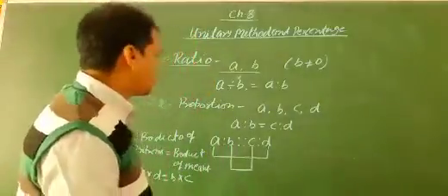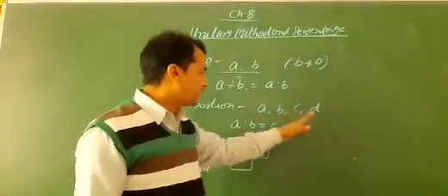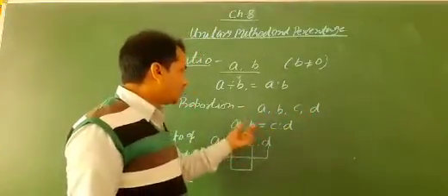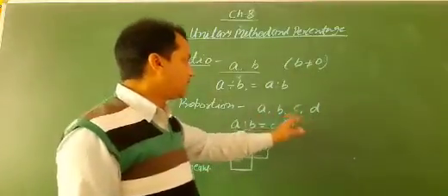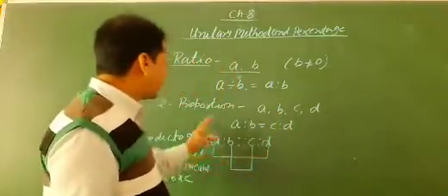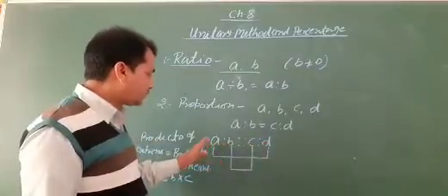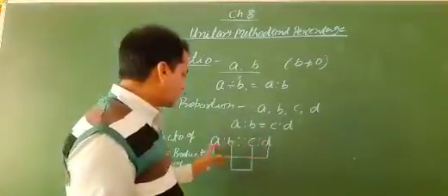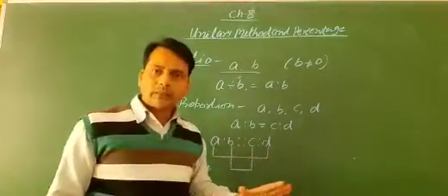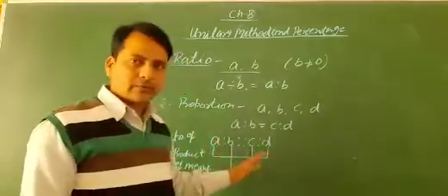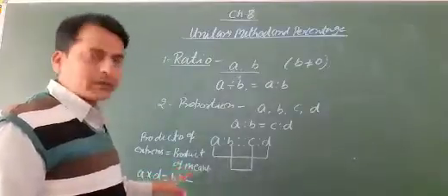So according to the proportion, take four numbers, suppose a, b, c and d. The ratio between a and b, that is a is to b, equals the ratio between c and d, that is c is to d. So we can write in terms of proportion a is to b as c is to d, and the first and fourth position numbers are called the extreme positions, and the middle terms are known as the means positions. So in the equivalent relation, the product of means equals the product of extremes.